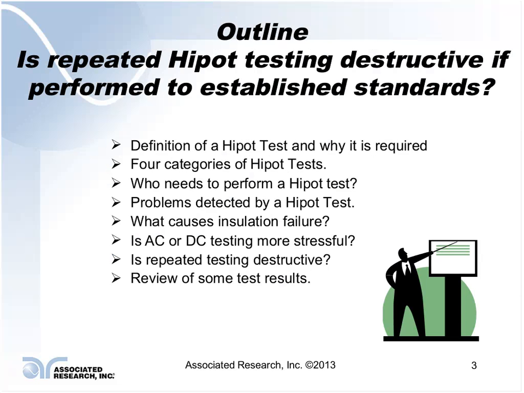What are some of the problems that can be detected by doing a Hipot test on your product? What actually causes insulation failure? Is AC or DC testing more stressful? And is repeated testing destructive to the insulation within your product? And we're going to review some tests that we've done on a couple different types of products,